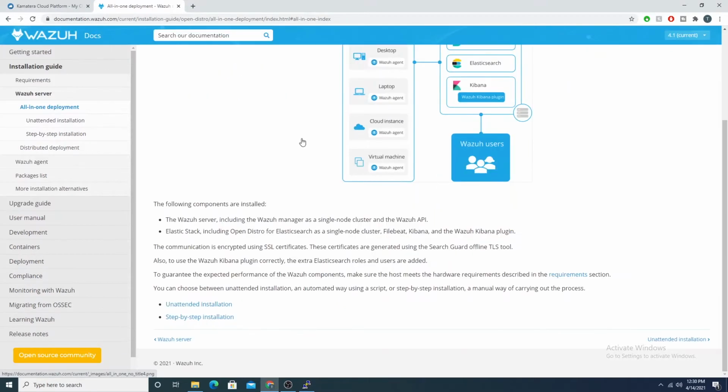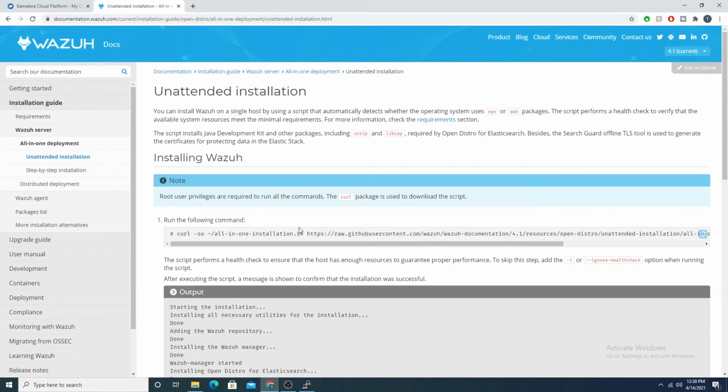In the all-in-one deployment page, we can either select unattended or step-by-step. We've covered the step-by-step in some of my previous videos where we installed the Wazuh Manager, Elasticsearch, and Kibana. But now let's take advantage of their bash script and do the unattended installation. They give us a command, so it looks like we're just grabbing a bash script